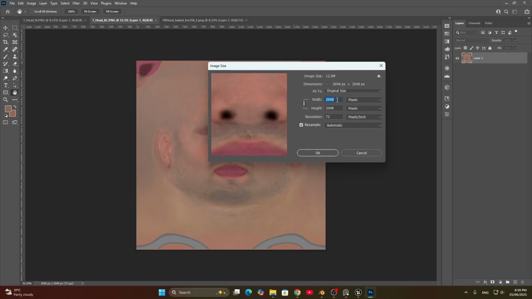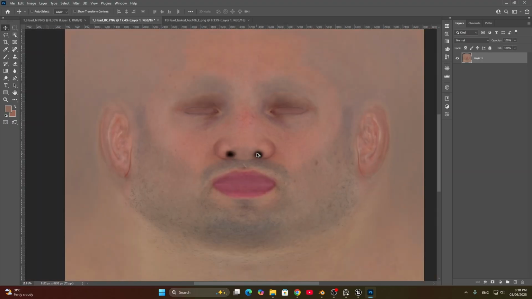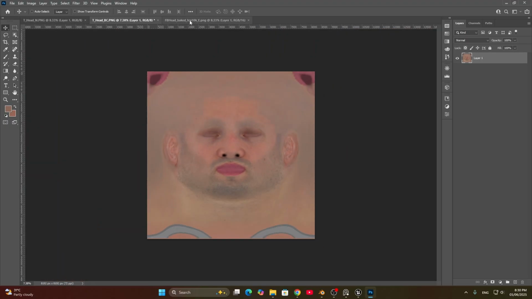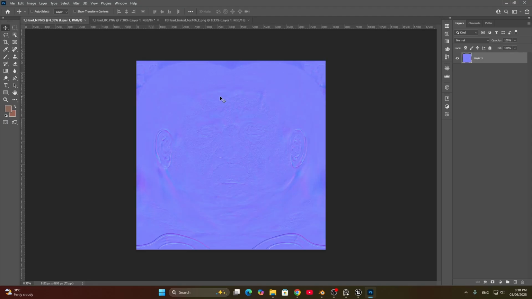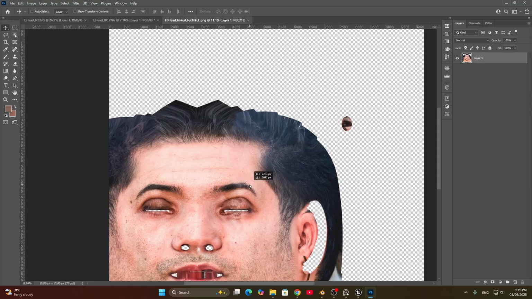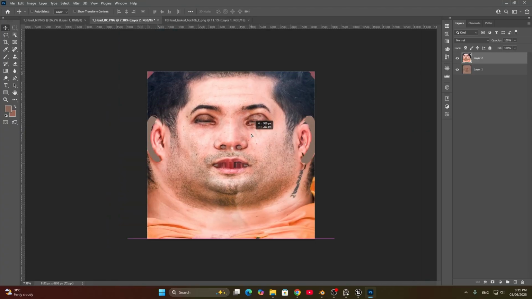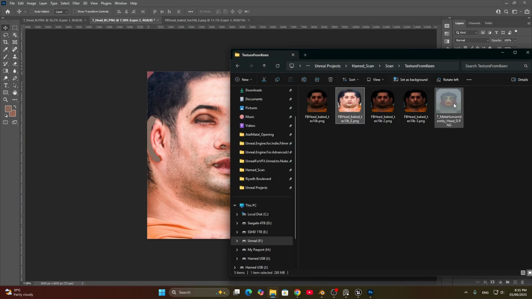Since the base color texture from Unreal is 2K, I changed the resolution to 8K to match the 8K normal map texture. Because after we're going to generate the normal map from our created texture, we need a higher resolution for that. Okay, we drag the texture from KeenTool to base color MetaHuman texture and import also the MetaHuman identity